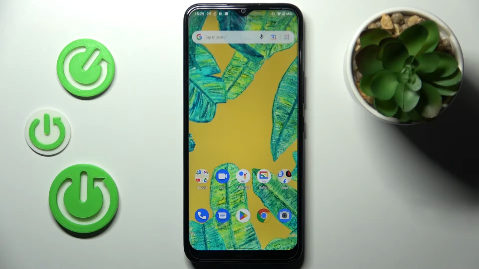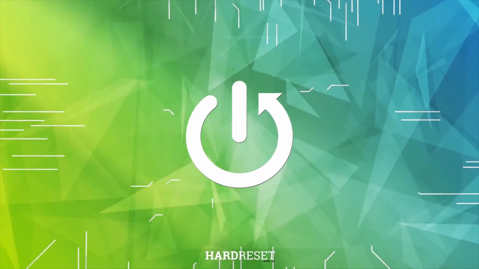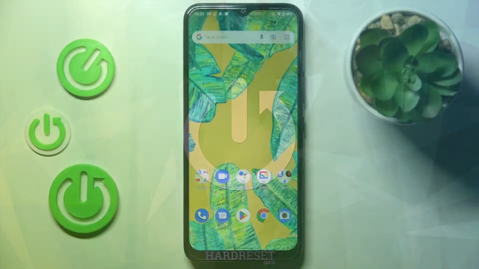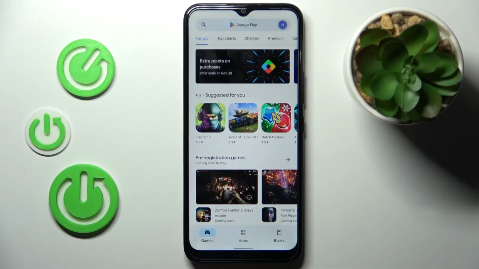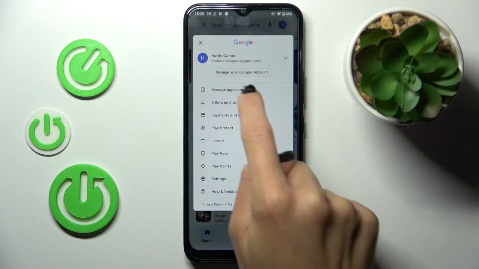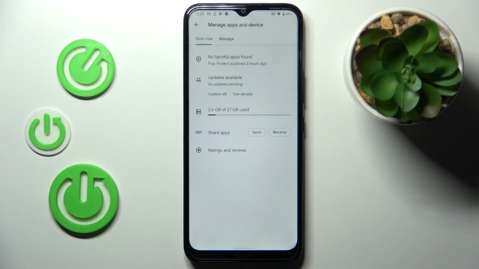Hello everyone, in front of me is NOKIA C21 Plus, and let me show you how to update apps on this device. At first you have to open your Play Store, then click on your account icon, and here you will notice Manage Apps and Device, so this marker, and then